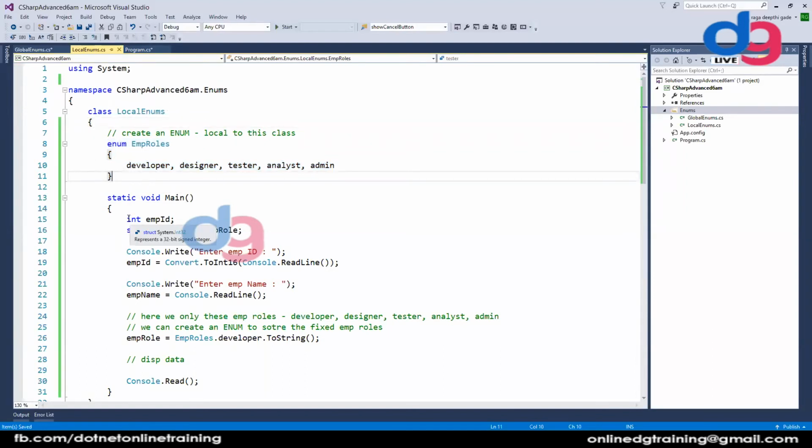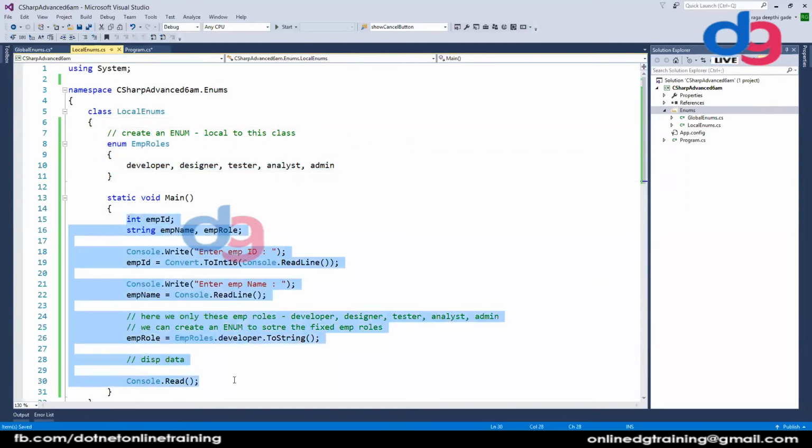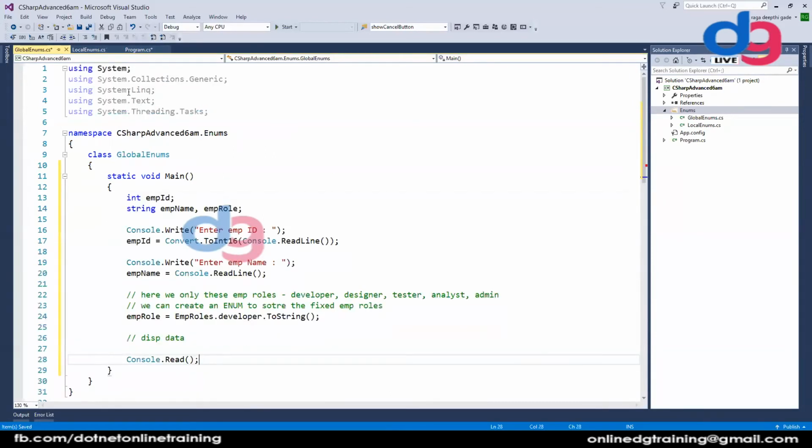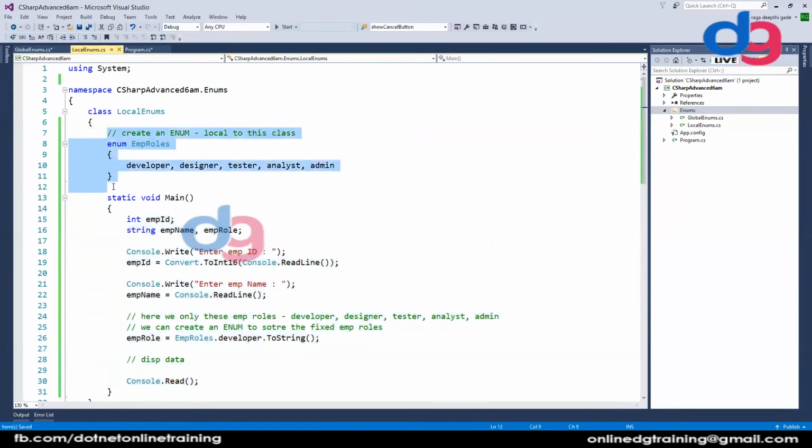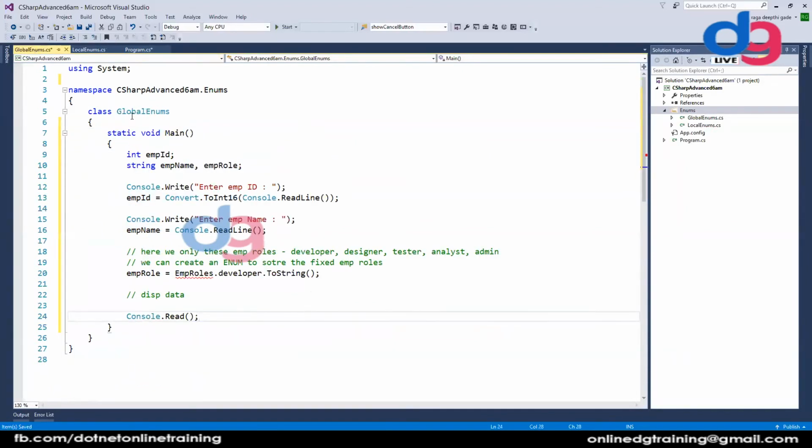Now the problem is, this is not able to recognize what is this EMP role. So again I have to create the enum like this wherever I require. Clear?